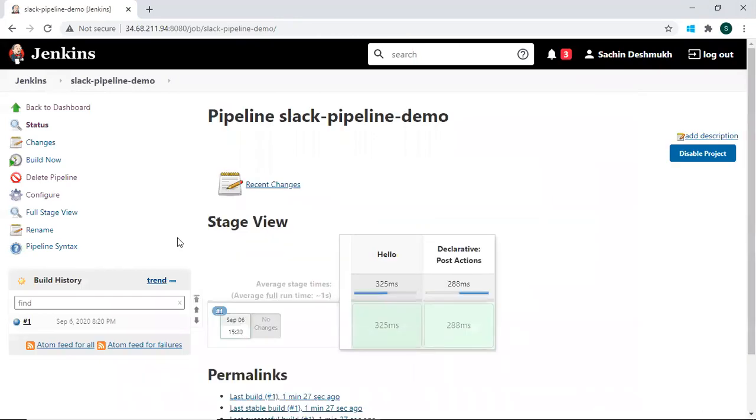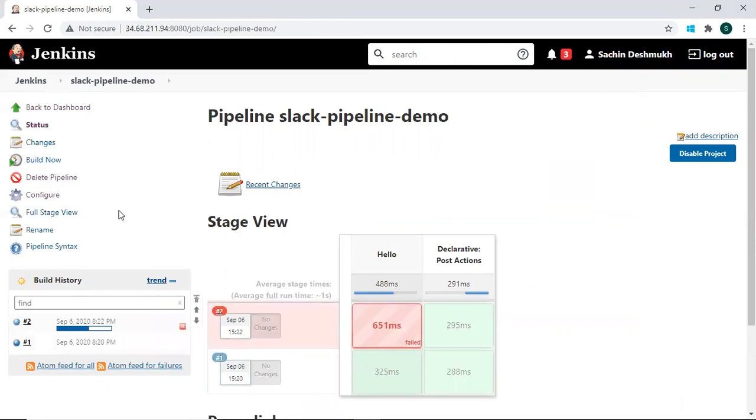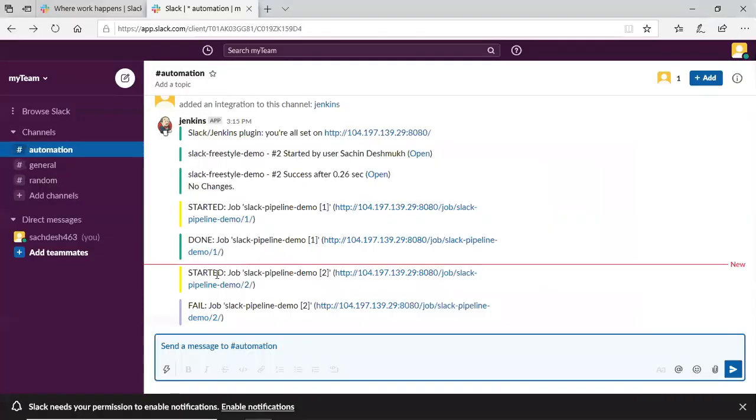So as per the command, this build should be failed. Okay, it got failed. Now if you check the status in the Slack, it says started the job, and then it says failed.